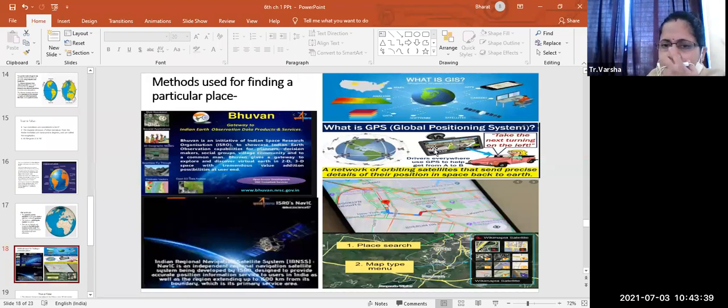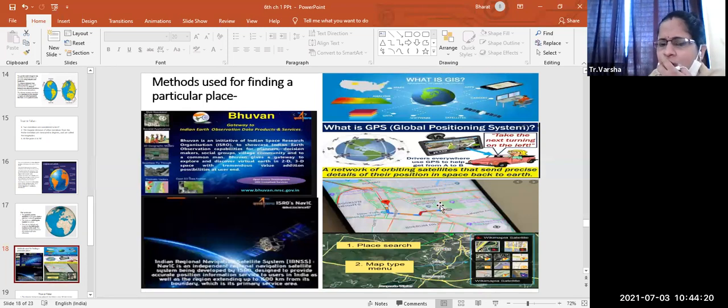The next is GPS. GPS is the Global Positioning System. What is the Global Positioning System? With the help of satellites, it tells us where we wanted to reach. In the car we have a small mobile-type device that shows you. You have to write only the destination, and that particular device is going to tell you which direction you have to take, whether east side, west side, how you have to go. It shows the direction.